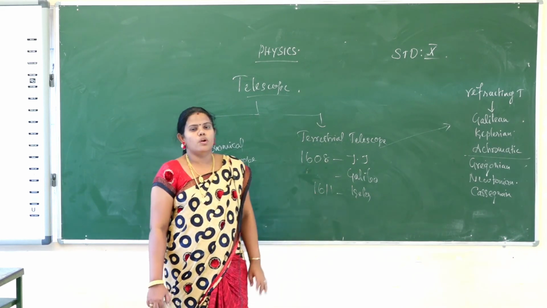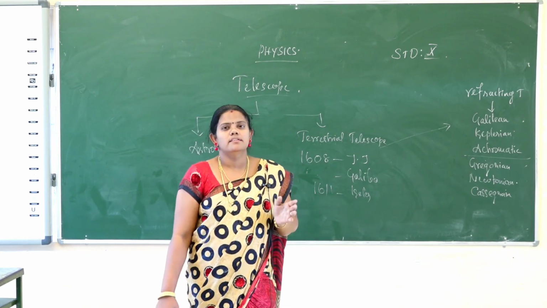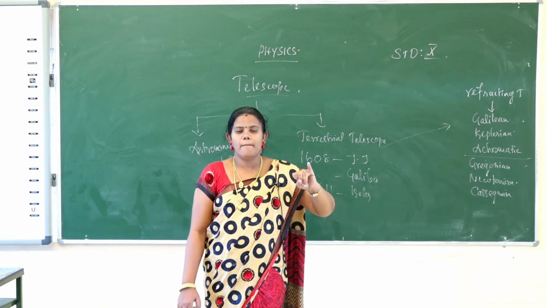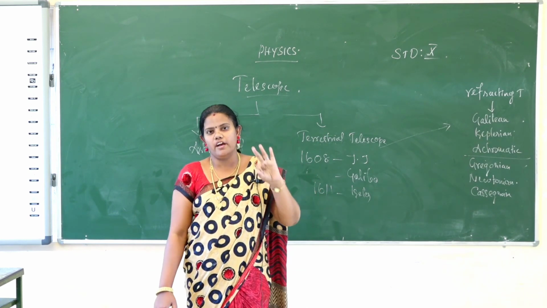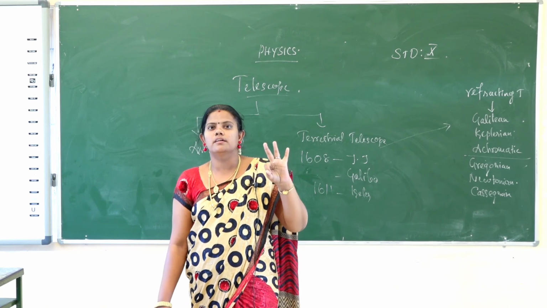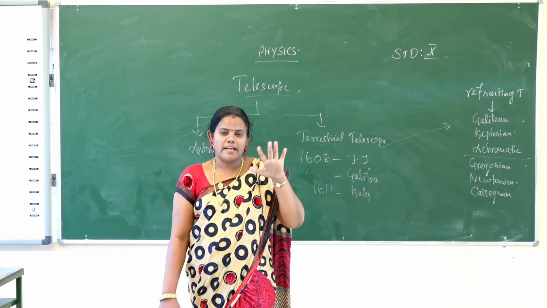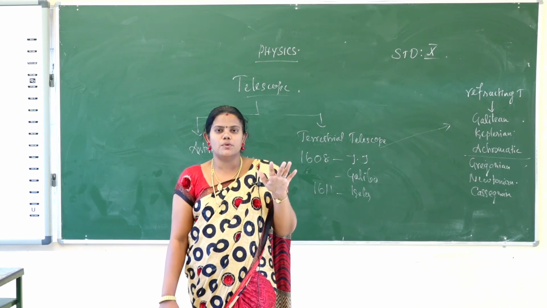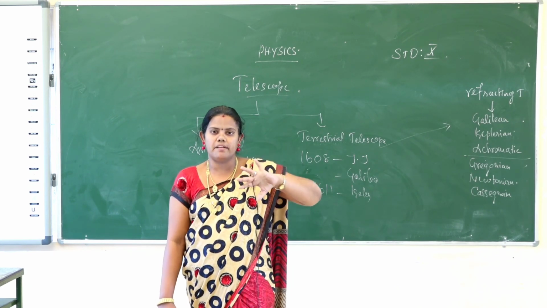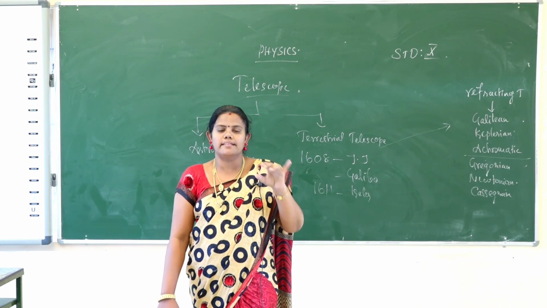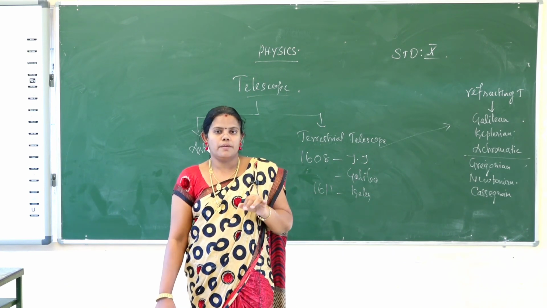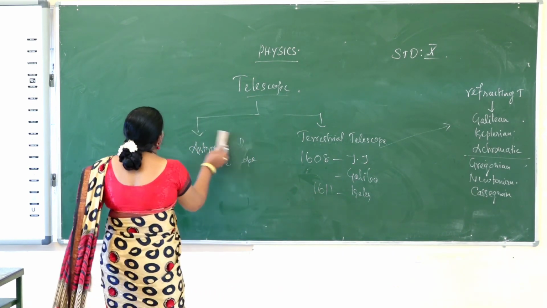So okay, what was learned in today's class? That is the human eye, parts of the human eye, working of the human eye, the defects of the human eye, and then the microscope and types of microscope: simple microscope, compound microscope and travelling microscope, the telescope, and types of telescope. Okay. Today's home assignment.